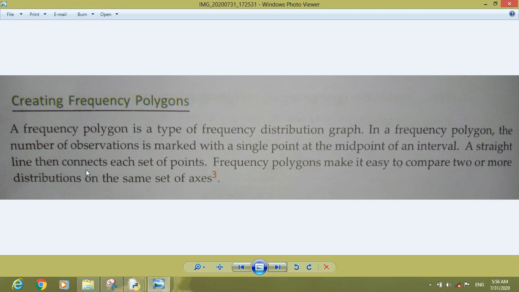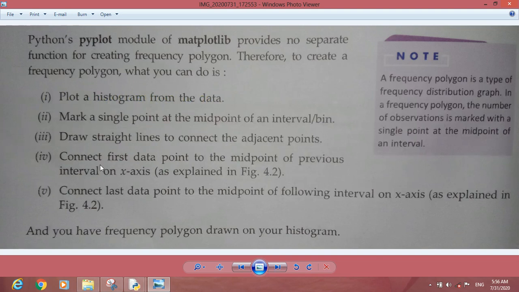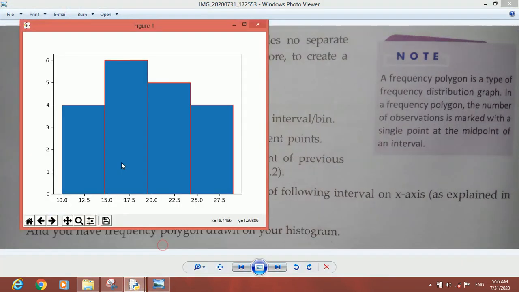A straight line then connects each set of points. Frequency polygons make it easy to compare two or more distributions on the same set of axes. Now here you can see the steps are given, but remember that PyPlot does not provide any function to draw a frequency polygon. It is based on the histogram only. If you have the histogram, in this histogram you can imagine and draw your own frequency polygon.